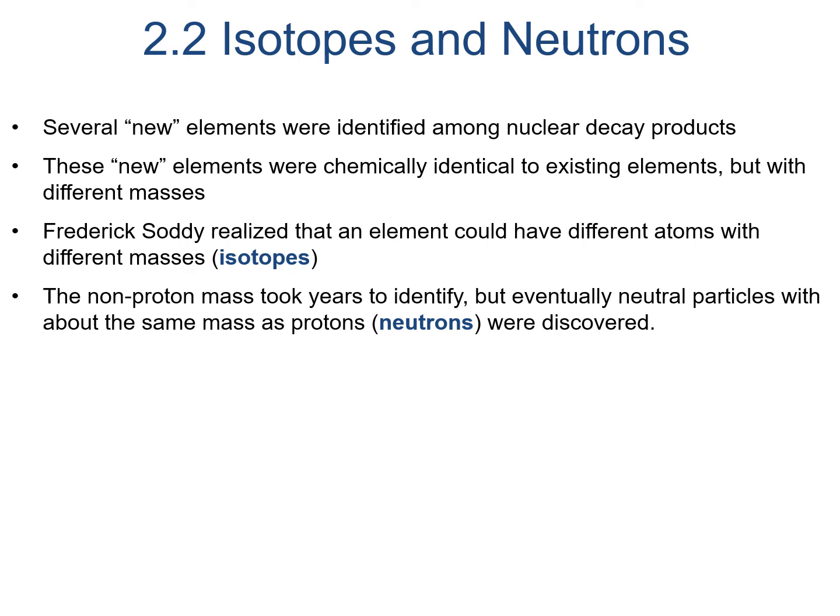This is one of the clearest ways to test a theory. If the theory is true, it will have some effect on the observable phenomenon, and the Curies were able to predict what that would look like. James Chadwick, Rutherford's student and assistant director of research, saw the Curies' data and immediately performed experiments to show that other ionizations by the same type of radiation could not be explained by gamma rays, but could be explained by a neutron. People had been looking for an explanation for the extra mass for over 7 years, and with the